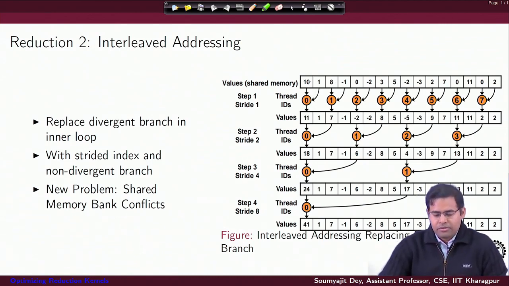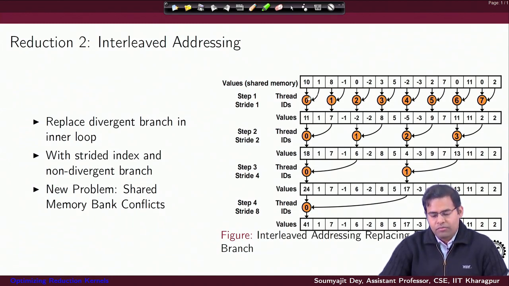Now, if I look at the access pattern for the threads, the loads that we do for operand 1 are not consecutive. That is the basic problem. Thread 0 is loading from here, thread 1 is loading from here, thread 2 is loading from here.